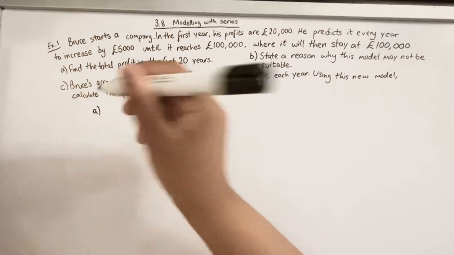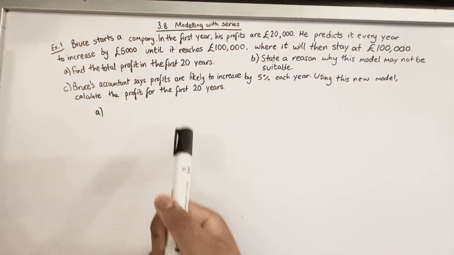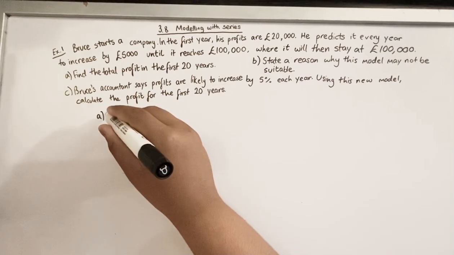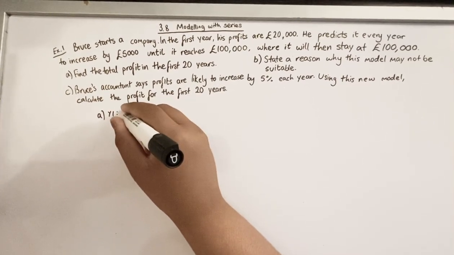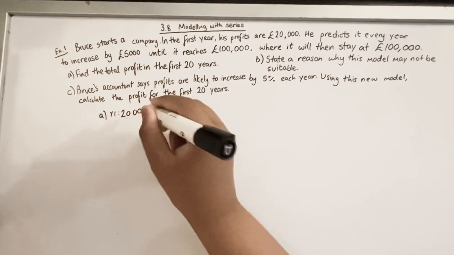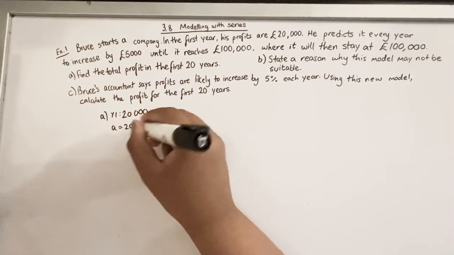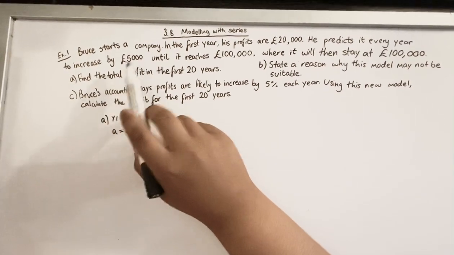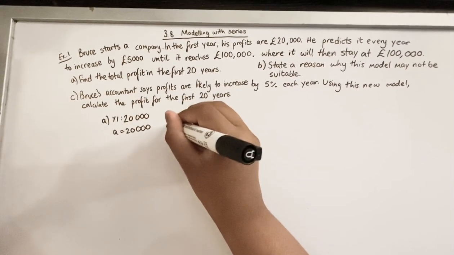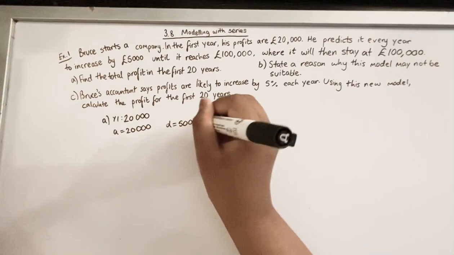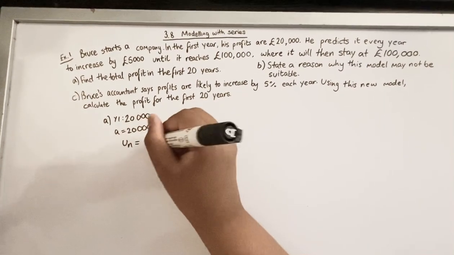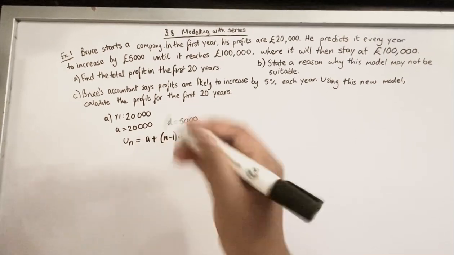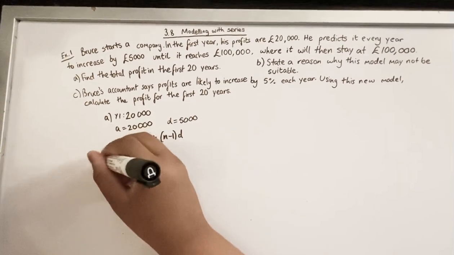For Part A, we first need to find the year that the profit will reach 100,000. We know in year 1, the profit is 20,000. So we can say a equals 20,000. This is an arithmetic sequence, as it's going to increase by a set amount, 5,000 every time. So we know d equals 5,000. We know u_n equals a plus (n minus 1)d. And so u_n in this case will be 100,000